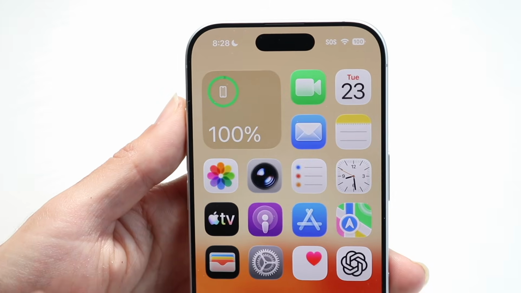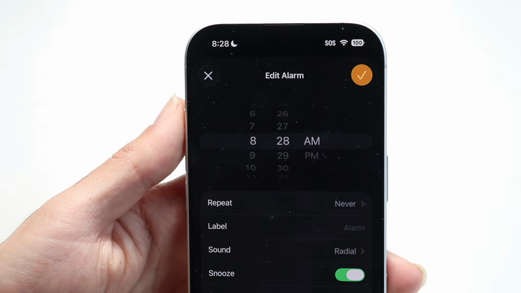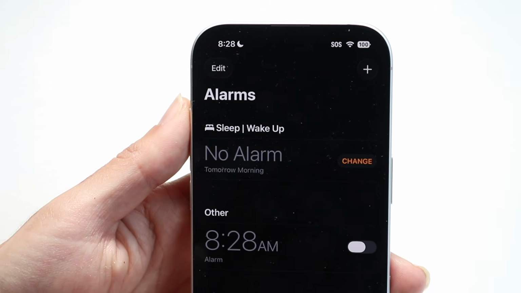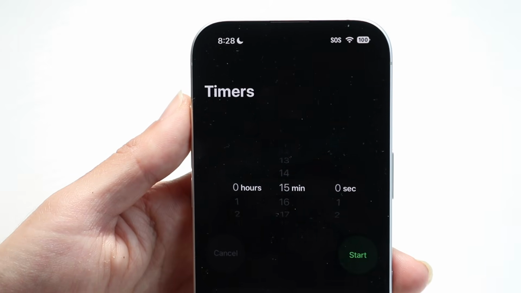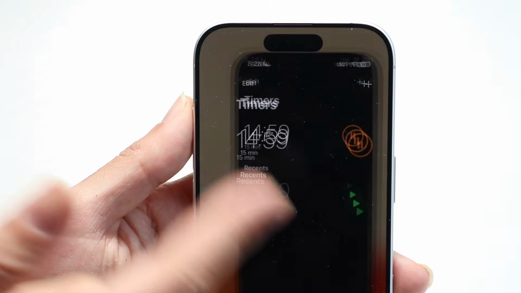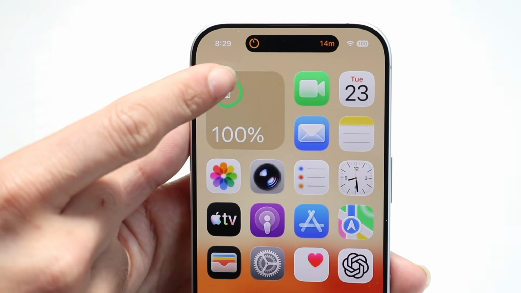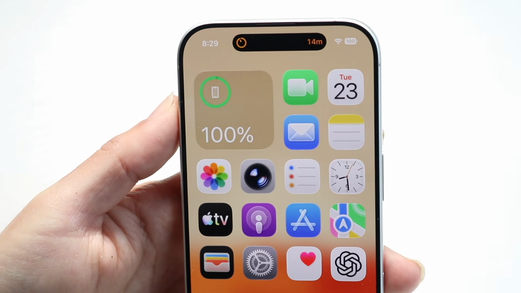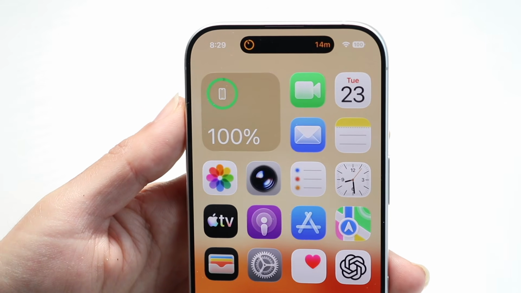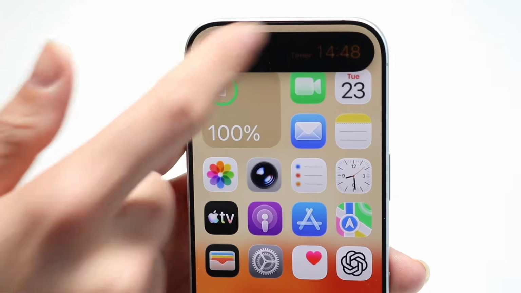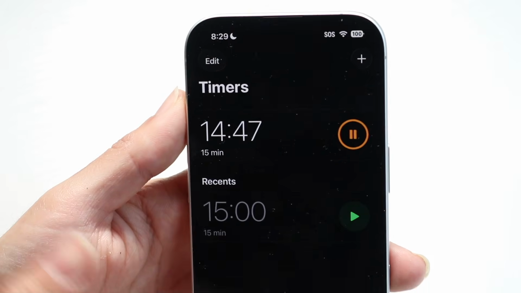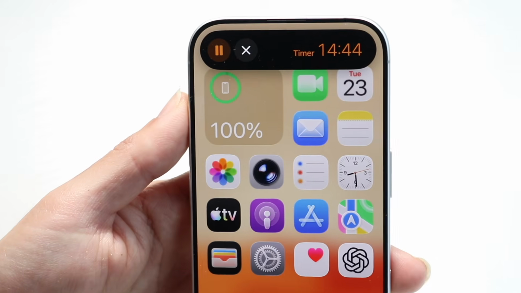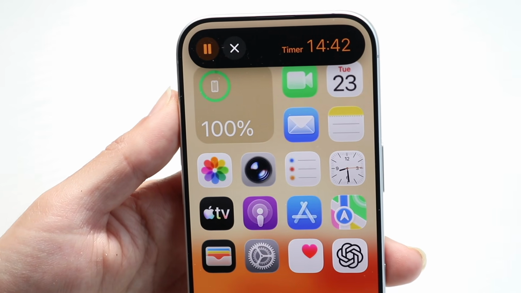A very similar approach is even with your clocks. So if you set a timer, let's say I set a timer for like 15 minutes, I can tap on start. If I hop up, look at what happens. My timer is actually being placed right inside of the dynamic island. And just like with the previous one, I can tap onto it if I want to just open up that app, or I can hold down on it and I can also go through and get more information about that